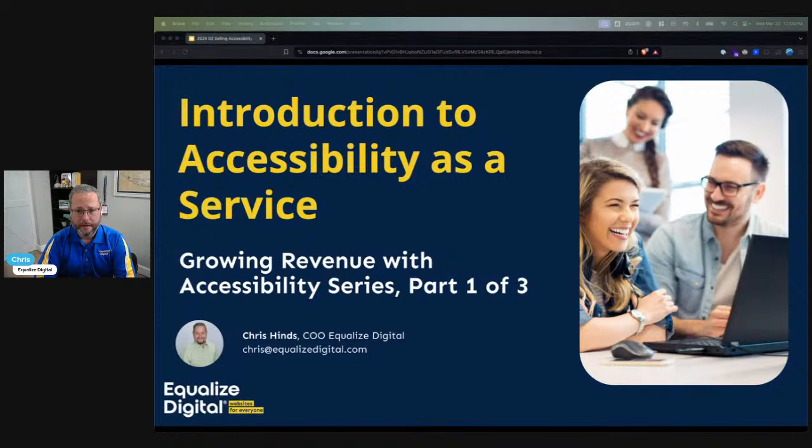And the reason for that is, and we're going to get into some statistics on this in this presentation, but just to be completely frank, the accessibility specialists that are out there doing this work, we need help. Many of us are completely overwhelmed. There's more work in the accessibility space than there are people to fulfill it. And that's not hyperbole. I'm not making that up.